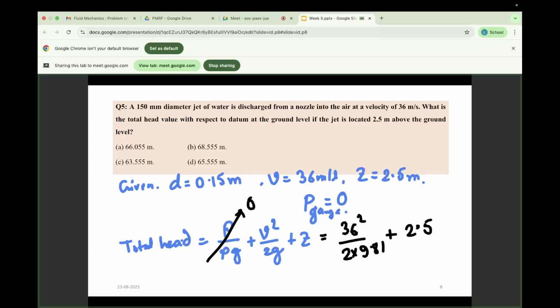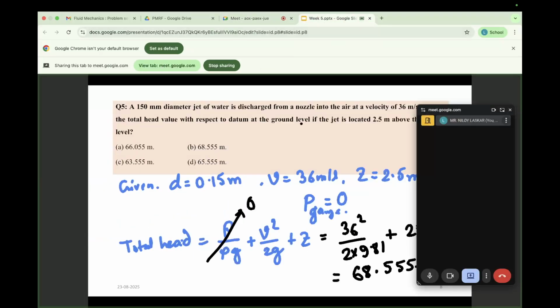So I'm just calculating this. 36 square... So this value is coming around 68.555. So I think Yash has made a mistake: